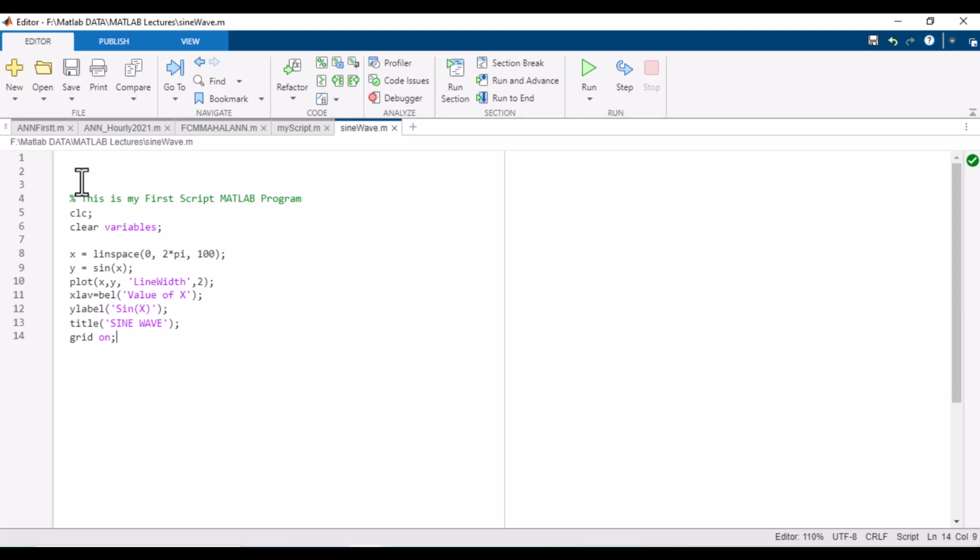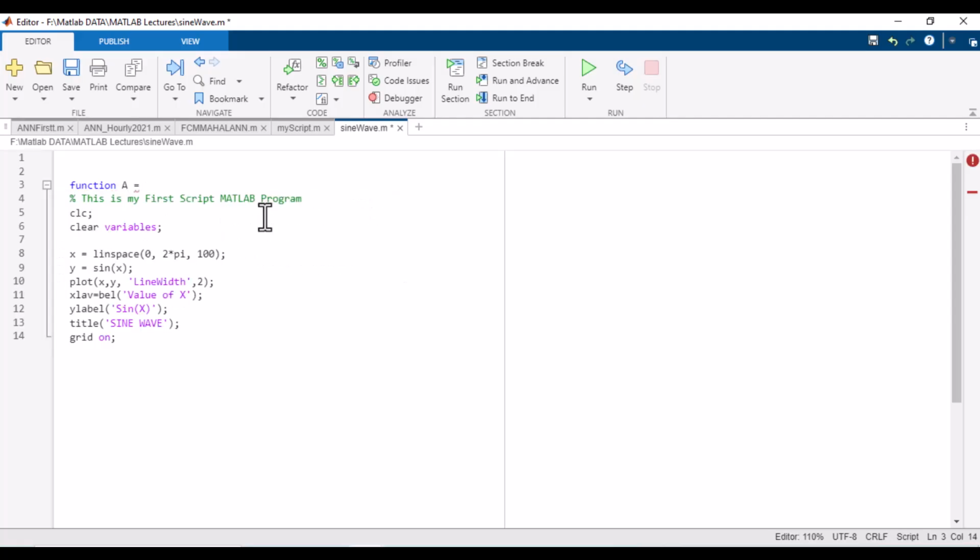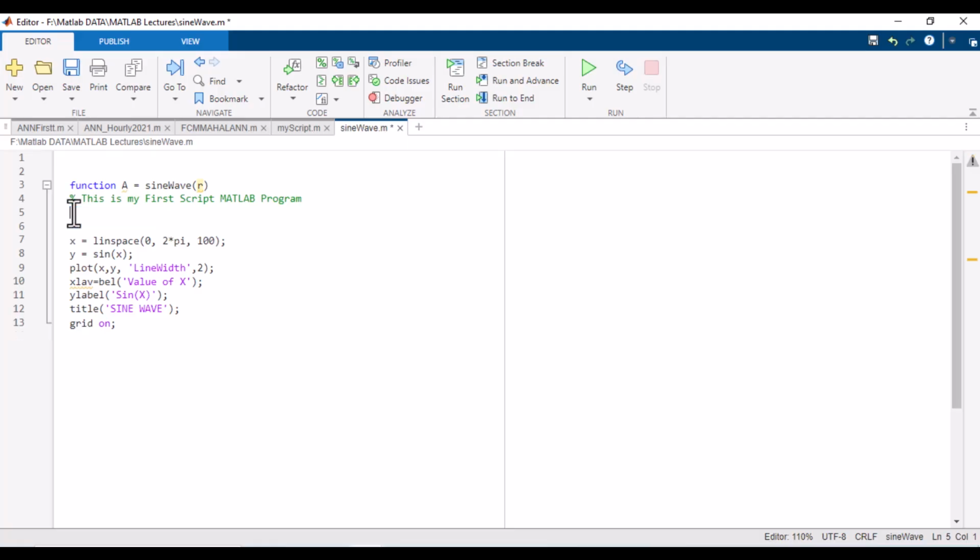Like for example, I'm writing here function A is equal to circle area, or here I save the file with sine wave, so I write here sine wave and put the argument R. Remove these values because they're not needed here now,